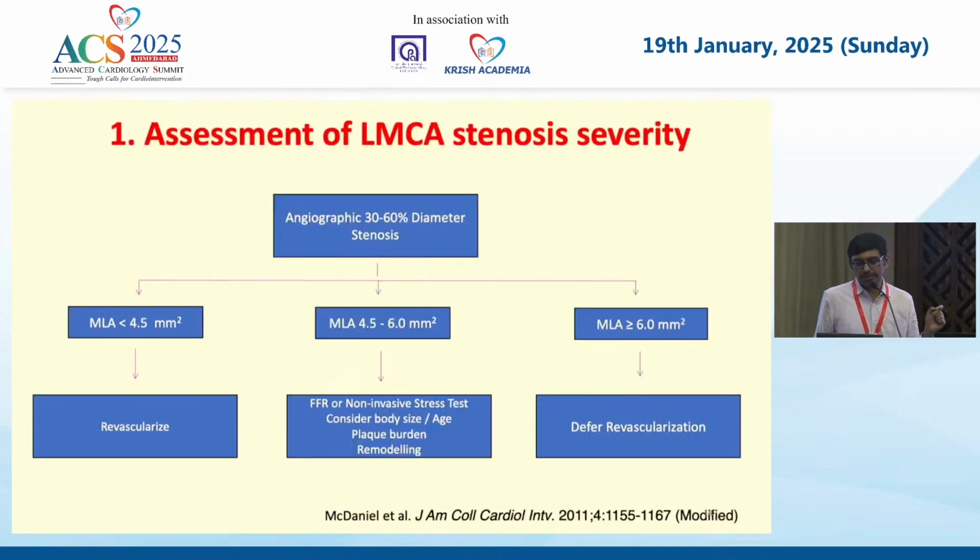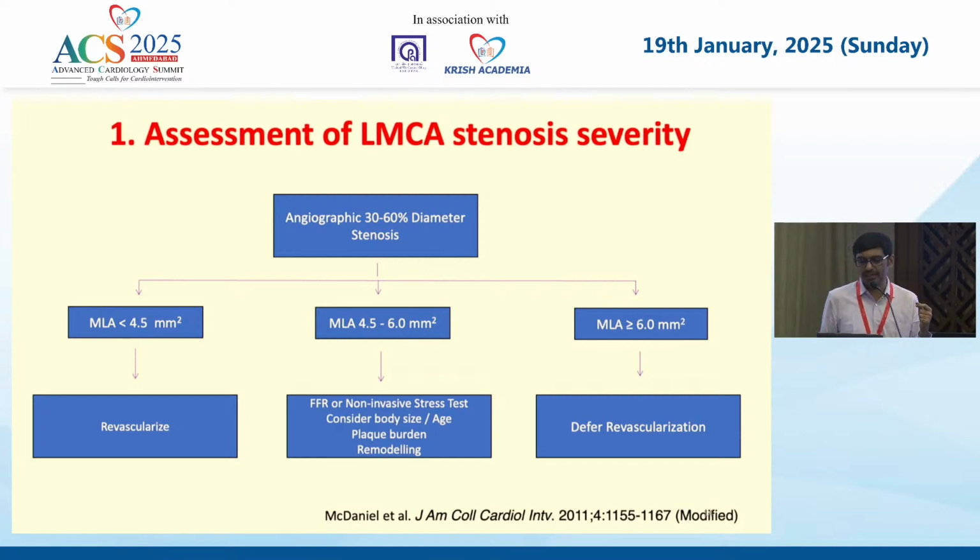So how do you use this one? When you find an intermediate lesion in the left main area less than 4.5, you just advise revascularization. Anything more than or equal to 6 millimeter square, defer revascularization. When you have in between, you have to rely on other non-invasive or invasive modalities for assessment of ischemia, or if it is not feasible, assess the patient's body habitus, age, presence and absence of remodeling and plaque burden to